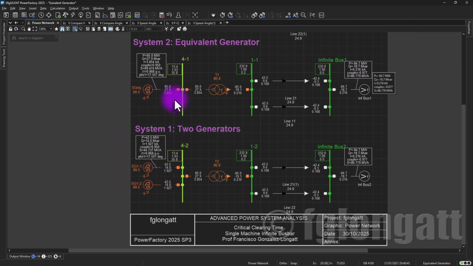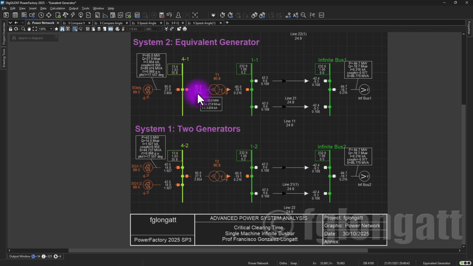Basically, the difference is that in system number 1, we are using two generators, each one of them providing 42.5 megawatts. And when we add that, you can see that the total active power over here is 85 megawatts. If we go to system number 2, you can see that the active power, reactive power, and the currents